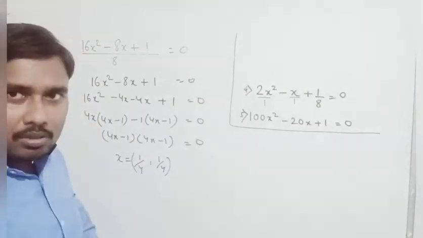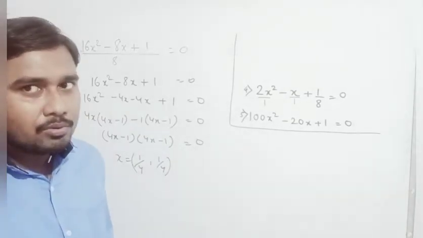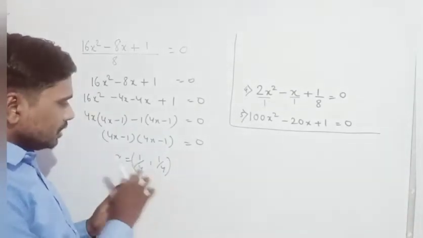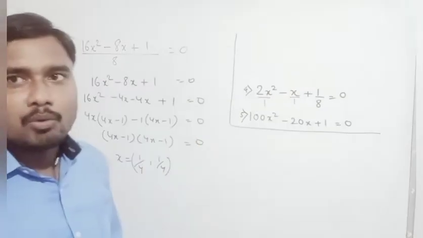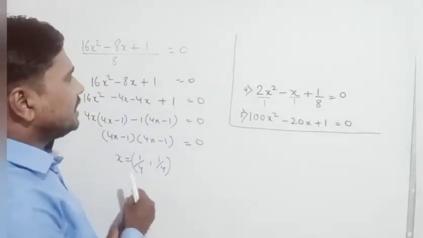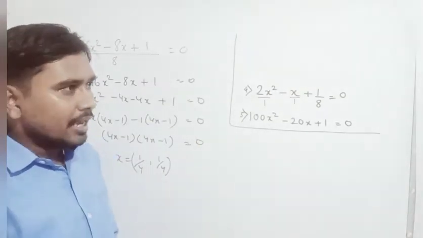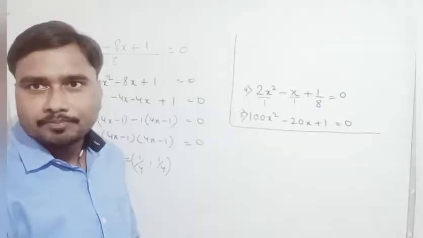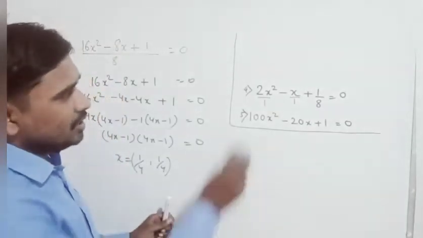Why are these equal? In the quadratic formula I will tell you why these are equal. Because the discriminant which we will find in the quadratic formula is equal to 0. So in this case we are getting equal roots. Okay. In that part I will explain to you.